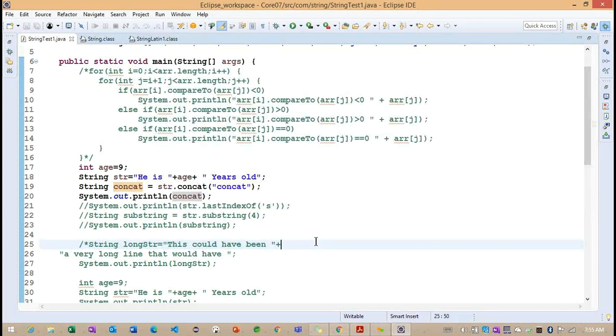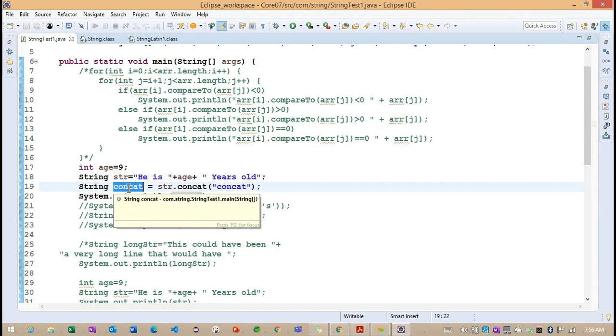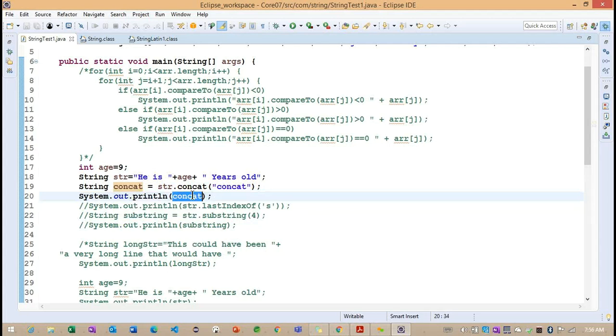Basically, string is an immutable object. Once the object is created, we cannot change it. Any change that happens, we need to create another string. This is another string we created. Previously we were working with str, which is our existing object, and the existing object is not going to be modified. To get the latest changes, we need to create another string. This is the other string we created, concat, and we get whatever message we are trying to append here.